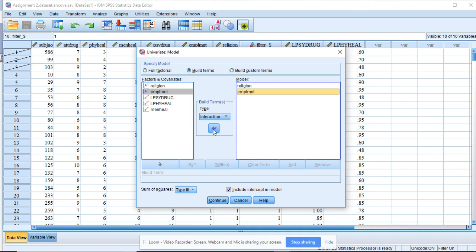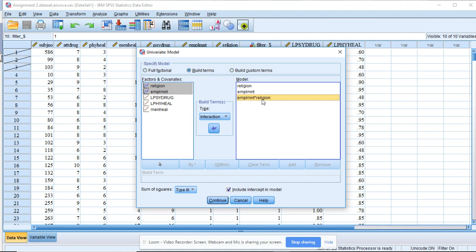Then we're going to look at the interaction between religion and employment. So what you have to do is click on the control button. First click employment, then click on the control button while you're selecting the other one, so it selects two of them. Move that over. You see how it does that there. It does not matter which order it's listed in. Even though in the book it says religion and employment and this says employment and religion, it's the same interaction,